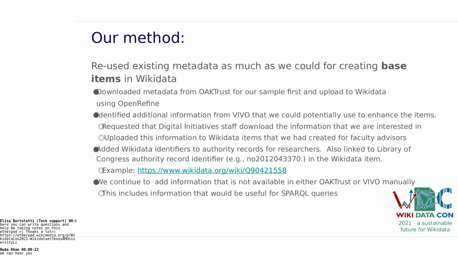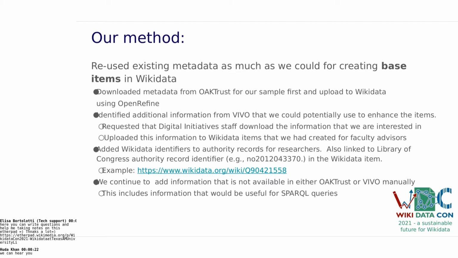And as for the records we created for the researchers, we also made sure that we linked back to the Library of Congress authority record. So if you go and look up one of our researchers, for instance, you're likely to find that. And if you click on that, it'll take you to the linked data version of the authority record maintained by the Library of Congress linked data service. So this way you can see how we're doing things in parallel and doing reciprocal linking at this stage.